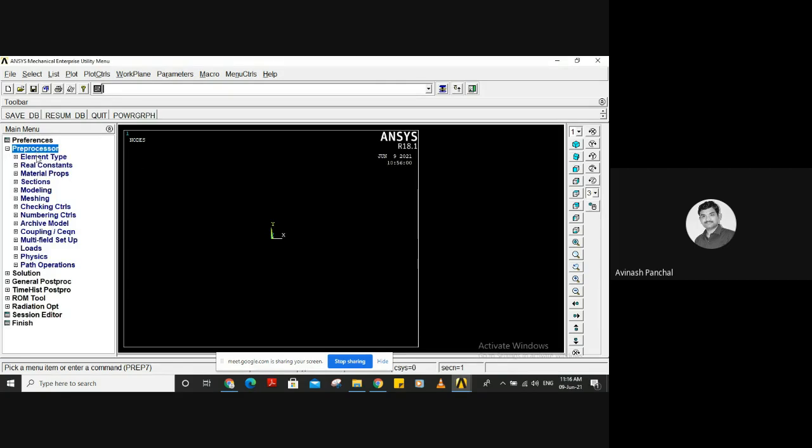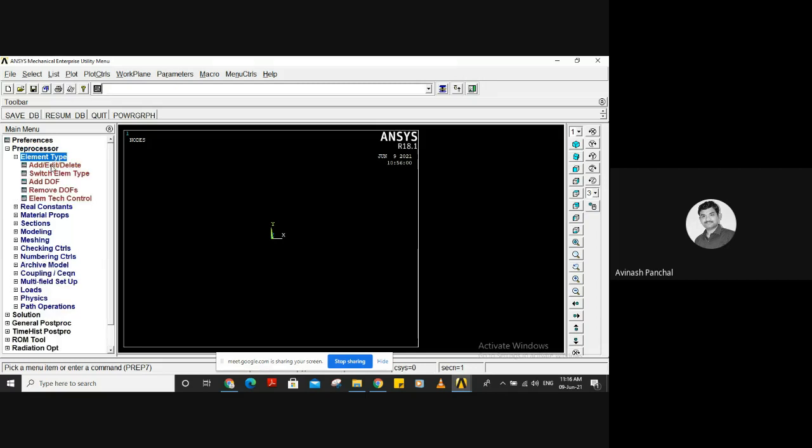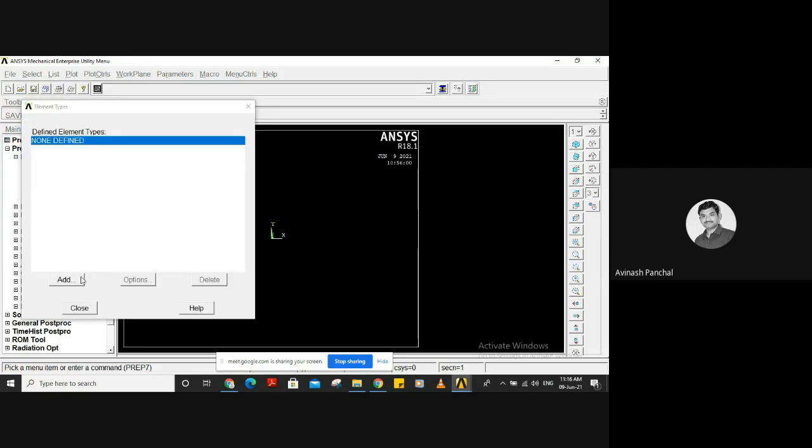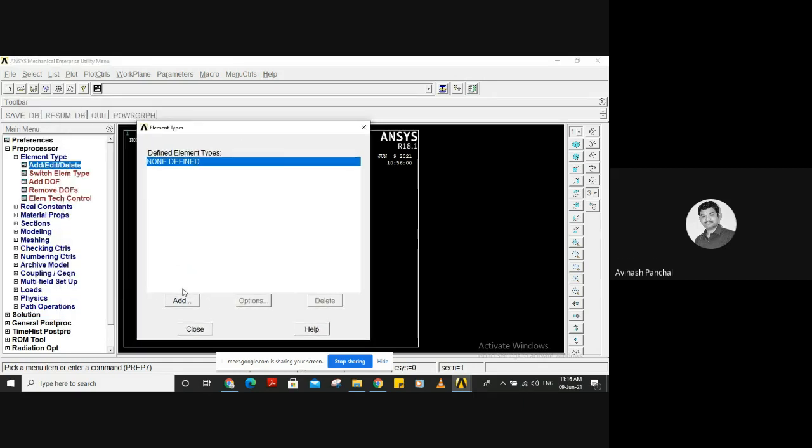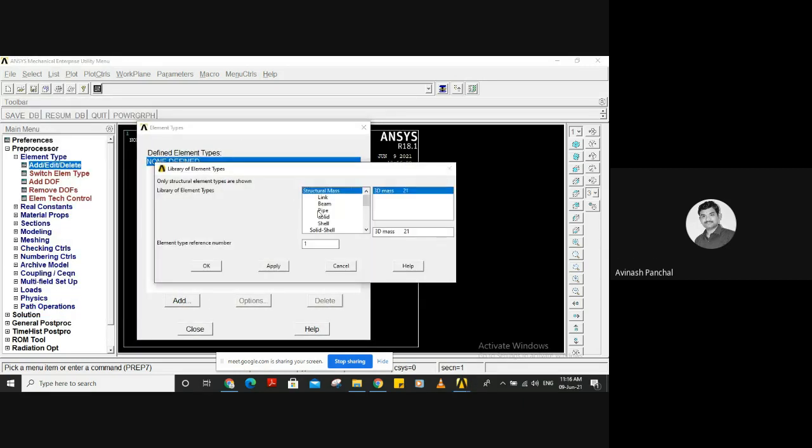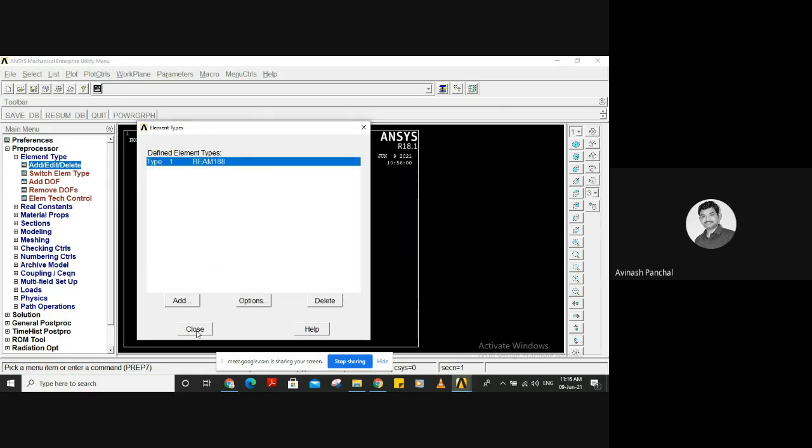Then, in preprocessor, I will first go to element type, add, edit, delete. Then I will go for add. Then I will go to beam; we are using a cantilever beam, so a beam element, and I'm using the 3D finite strain element. Click on OK and go to close.